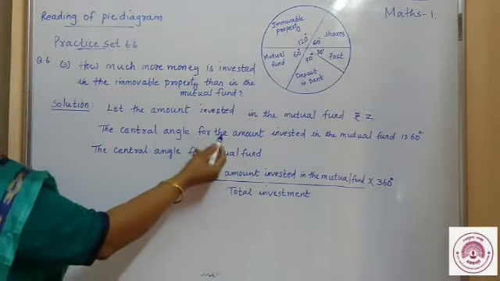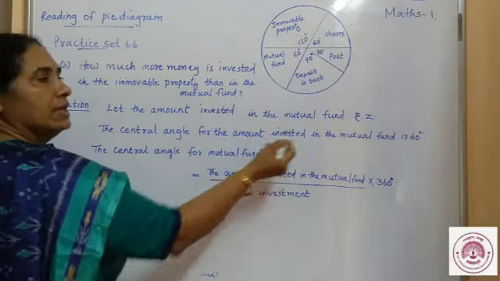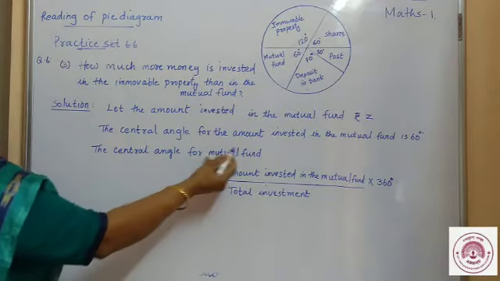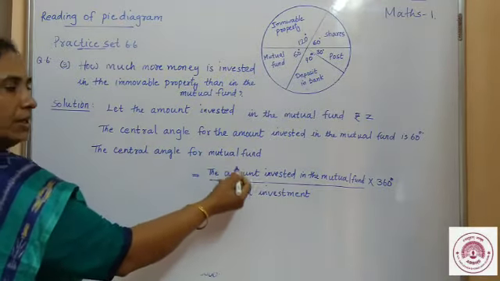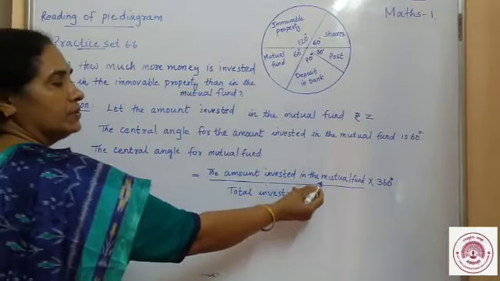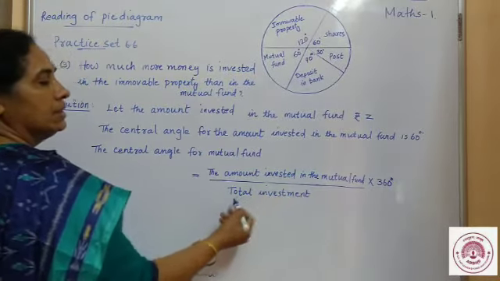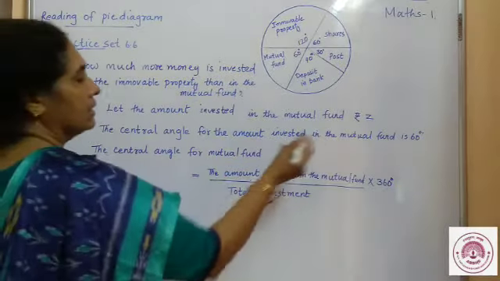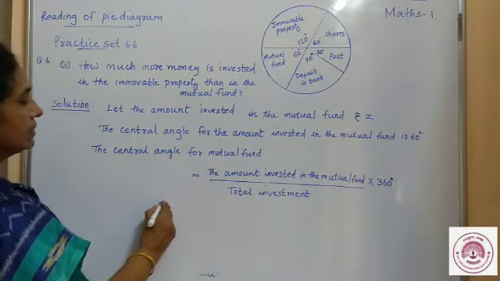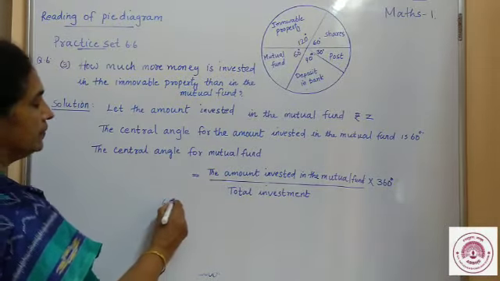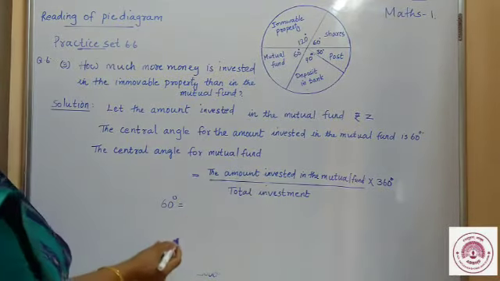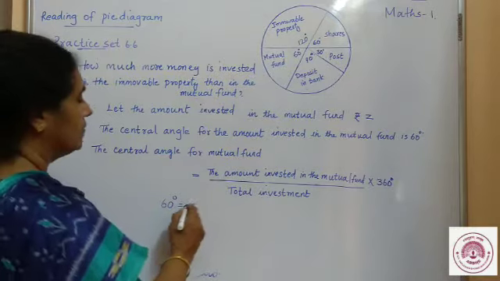The central angle for mutual fund is equal to the amount invested in the mutual fund divided by total investment into 360. So 60 degree is equal to the amount invested in the mutual fund, that we have to find out,